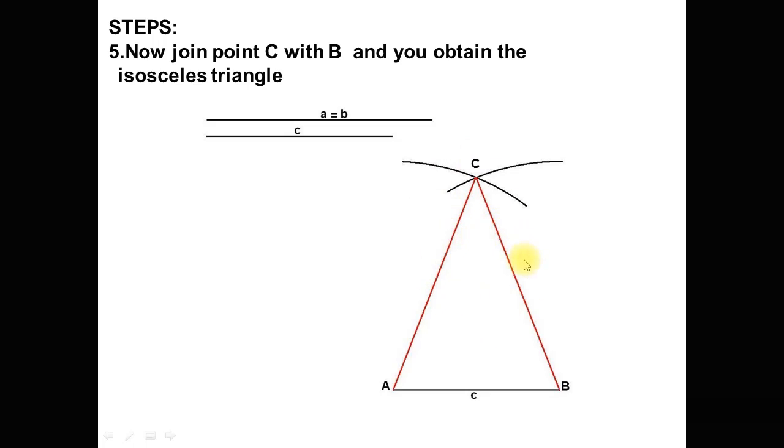In this isosceles triangle, this red color represents that the lengths of these two sides are equal, and the length of this side is different as compared to side AC and side BC. And we can simply say that this is side a, small a, this side length is small b, and the length of this side is represented by small c.